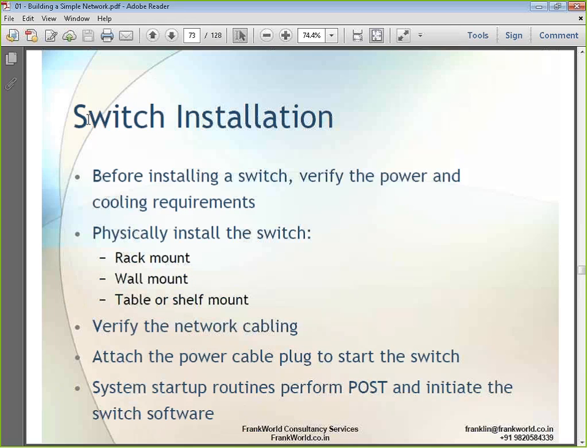When it comes to the switch installation, one of the main things that you need to take care of, and this is not just related to the switch, it's any device installation, is that the first thing before installing the device, you have to verify the power and the cooling requirements for the device. When we talk about Cisco routers or any kind of networking device, be it a Cisco router or any third-party device like a third-party router or a third-party switch or a Cisco switch,